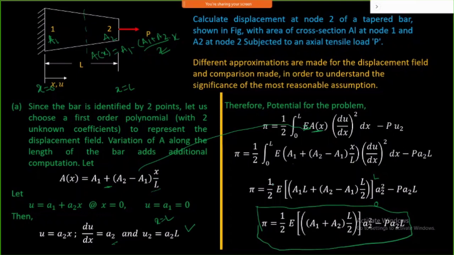In the potential we don't know this a2 as a constant, we need to determine it. If I take a derivative of this potential with respect to a2 and equate it to 0, this is called the minimization of the potential, and that will result in the value of a2. We'll just look at how it results in this.